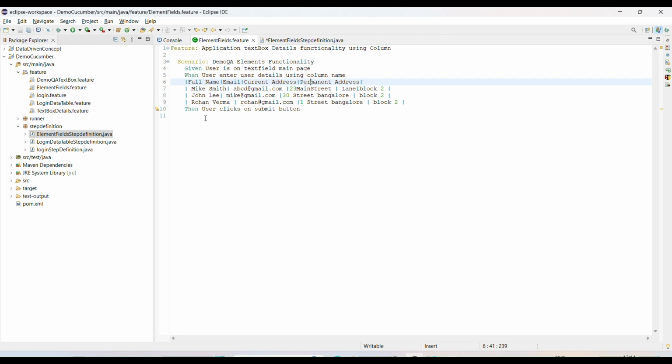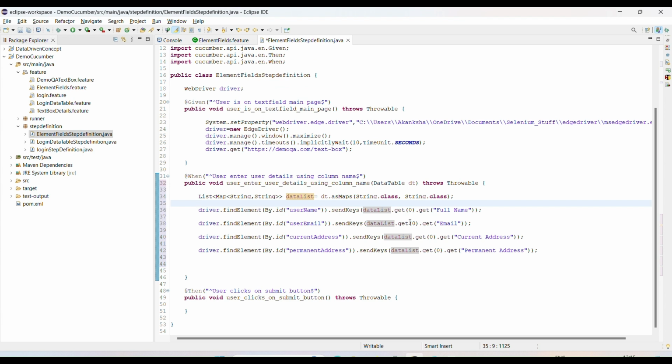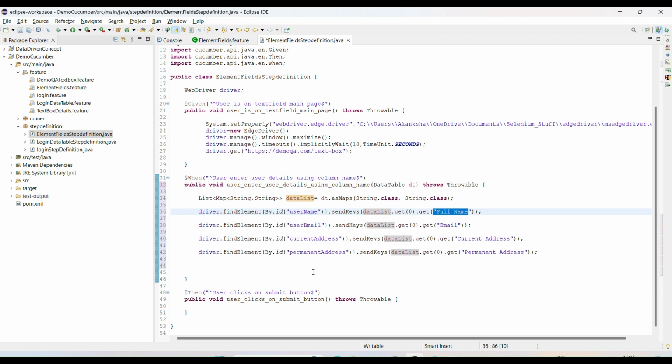And if you are using a map, this will be the key and this will be the value. We are considering the column name as the key and the value below the column name. So I want to enter the zero index row data. That's why I mentioned get zero, and the key will be full name. I want to store the full name value. Enter. Done, this part we added.